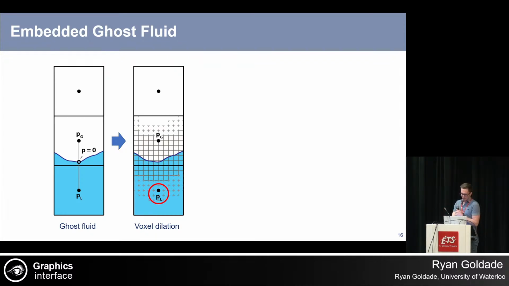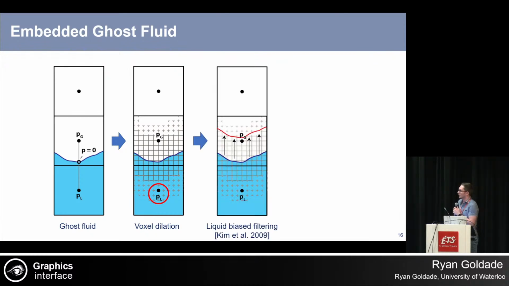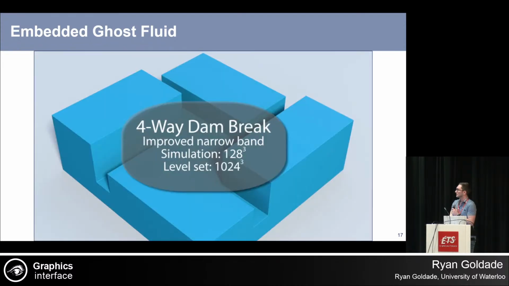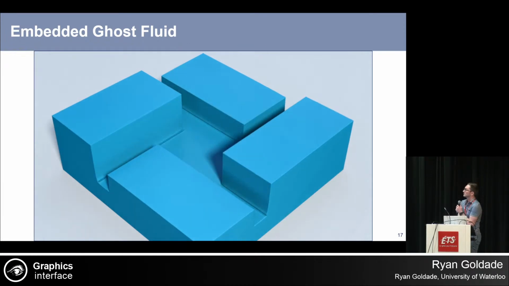This is relatively straightforward with something like OpenVDB. Then we do what's called surface dilation, where we move the surface up half a voxel. This is simply so that small droplets are seen by the physical simulator. So small droplets may not be seen, so we need to do this dilation. And then once we've done that, we've basically shifted our ghost fluid pressure where we have to do the dilation again. And this matters a lot. It'll be obvious here the impact that it has.